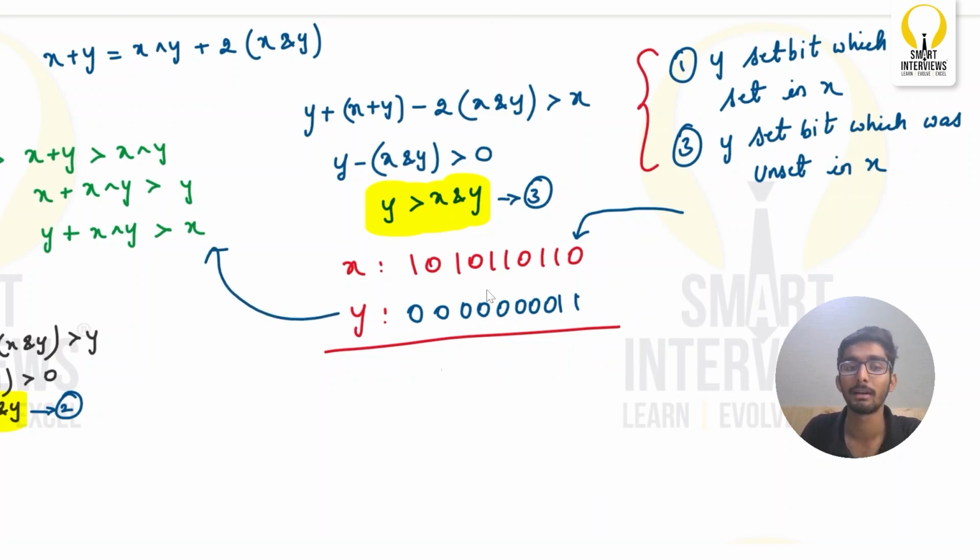But is it possible to form a y always? No, right? That is why he said print -1 if it is not possible. So we need to find the cases when it is not possible. When will it be not possible? If there is no unset bit in x,